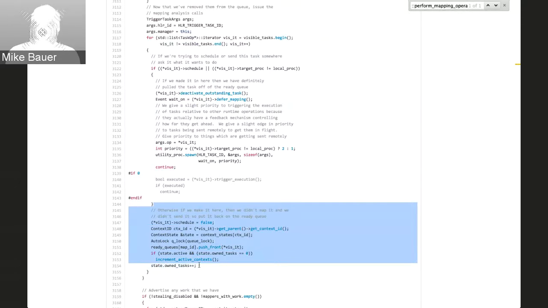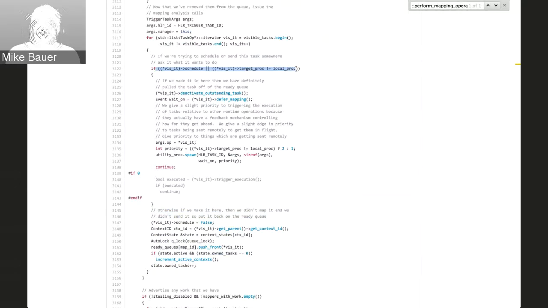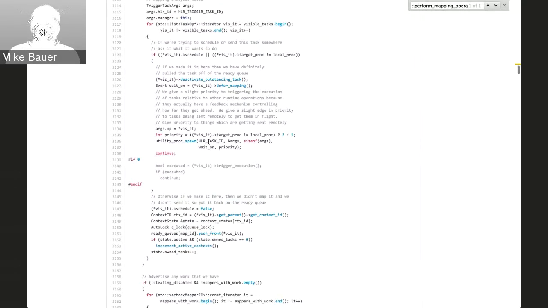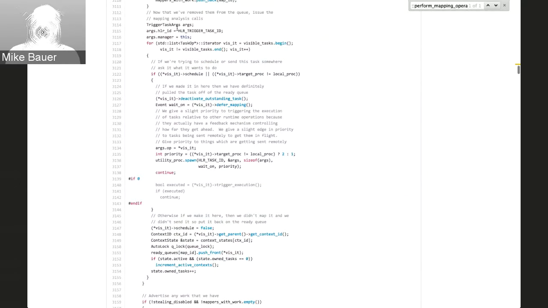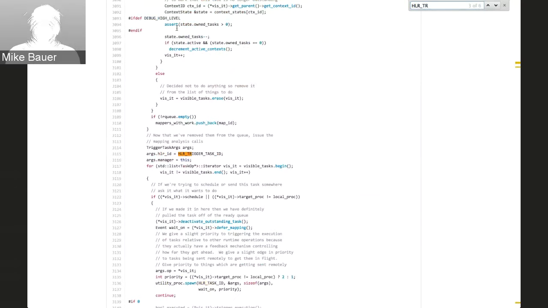This is all dead code here, because we always hit this biz scheduled or target process not equal to local process or local proc. Just to show you where this comes out, where this high-level runtime trigger task ID comes out, if we search for high-level trigger task ID,